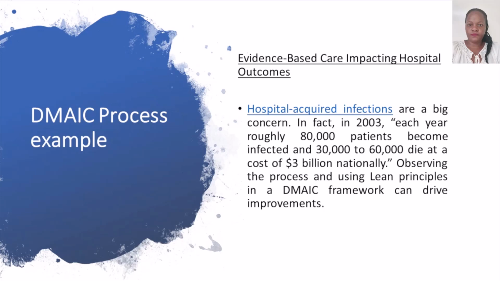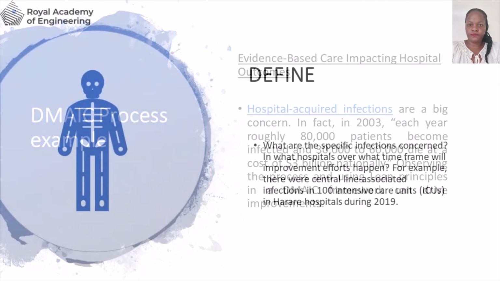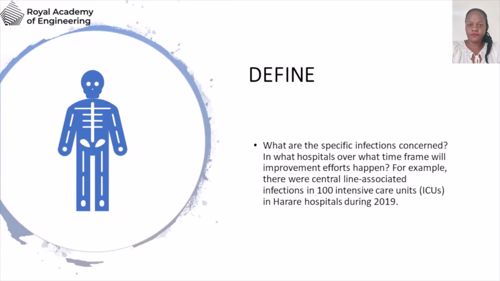In fact, in 2003, each year roughly 80,000 patients become infected, and 30,000 to 60,000 die at a cost of 3 billion nationally. Observing the process and using lean principles in a DMAIC framework can drive improvements. So in terms of define,